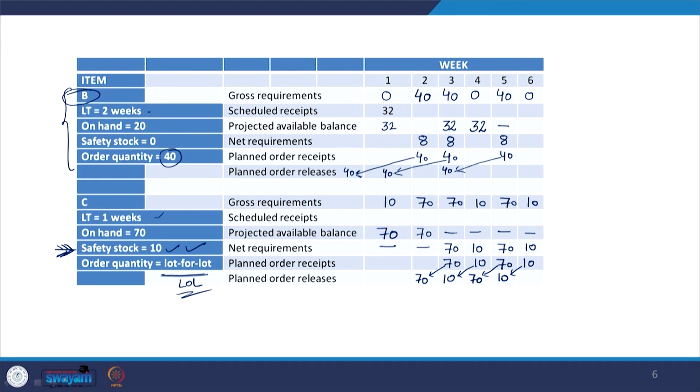So, this is how we are going to fulfill the requirement of A, B, C, and this gives us a good idea of how we handle the various types of MRP issues. We will also like to discuss in detail the comparison of different types of lot sizing decisions with the help of a single example. So, in our next session we will do that example, that how we can use the calculation of same data for determining the lot size issues.